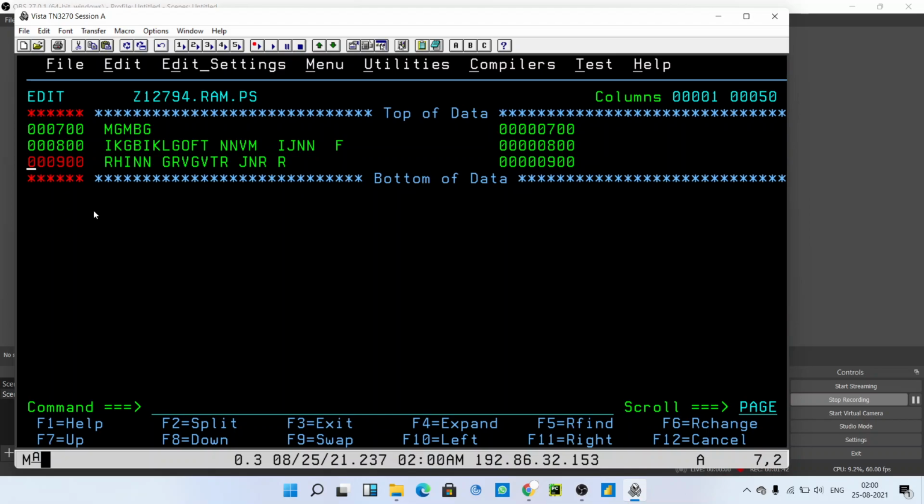So today we are going to look at some commands that are used in a PS file. I assumed that you know how to create a PS and how to access the PS file. Just open your PS file and open your data, or if the data is not present there, you can create it. I told you in my previous videos how to write the data in your PS file. If you haven't watched that video, I'll suggest you watch that video first and then come to this video.